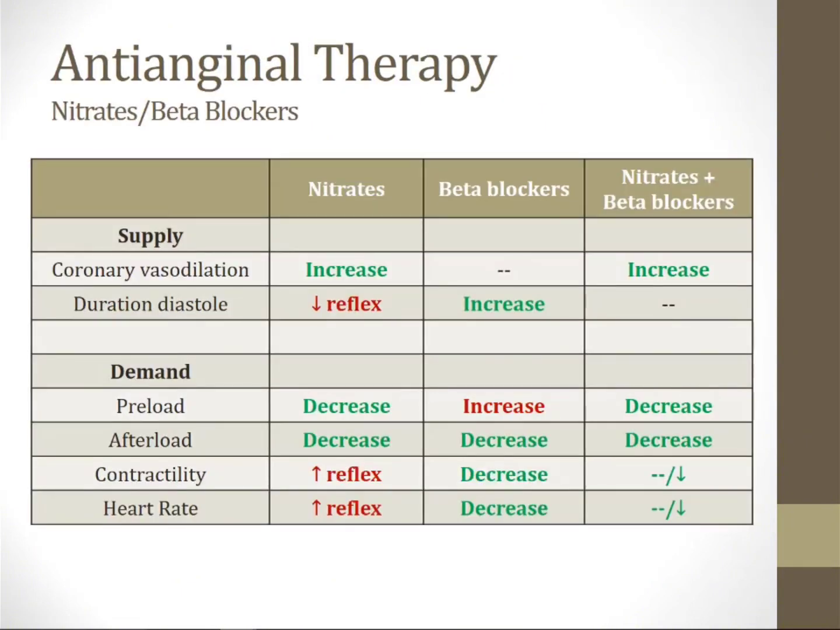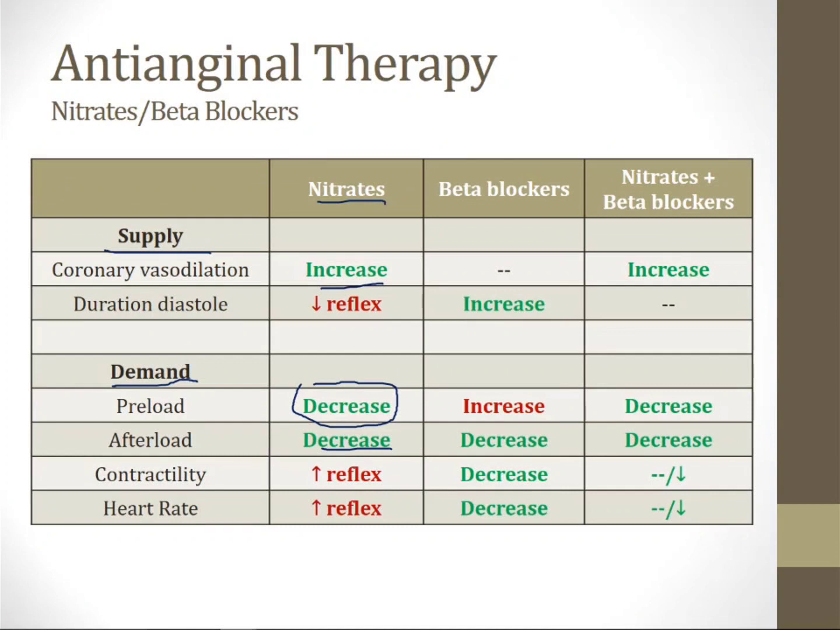Shown on this slide is a summary of the effects of nitrates and beta blockers on the supply of oxygen, which is a good thing in stable angina, and the demand of oxygen, which is a bad thing in stable angina. Let's start with nitrates. The predominant mechanism of action of nitrates is to decrease the preload. These drugs also increase coronary vasodilation, and they decrease the afterload, and all of these are good effects shown in